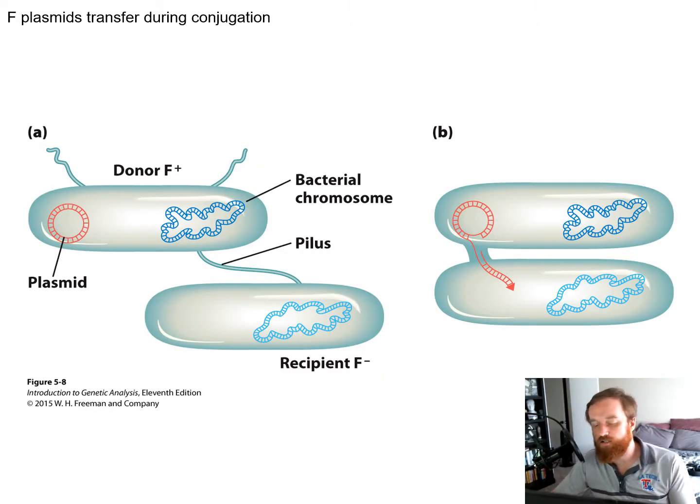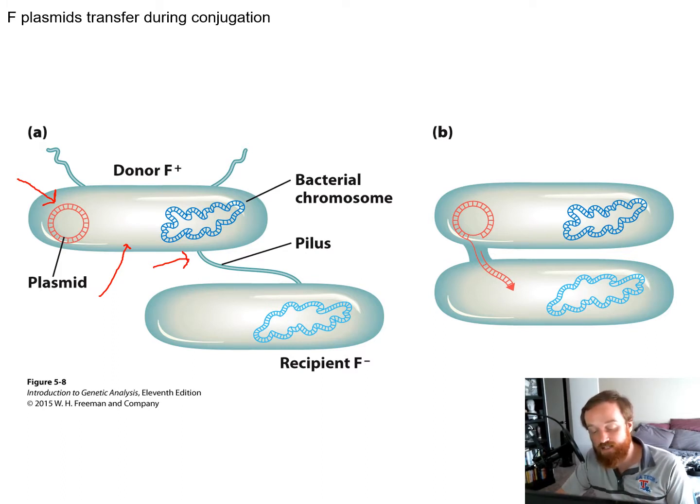So the molecular machinery or method for this is those pili, and this is created through the F plasmid. The F plasmid is a little non-chromosomal piece of DNA, a little circular piece, so it's a plasmid. It floats around inside this bacteria, and that makes that bacteria F positive, F plus. Plus meaning it does have that plasmid. And what that allows is this bacteria here to form this pili, or pilus for singular,